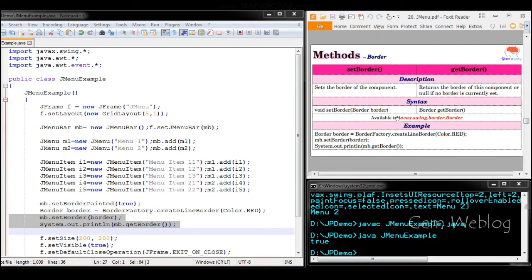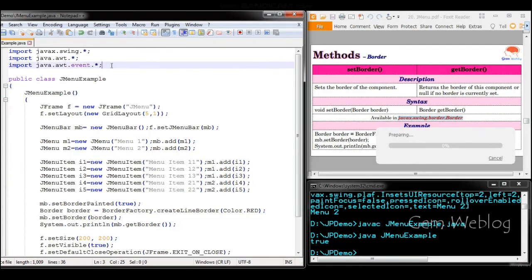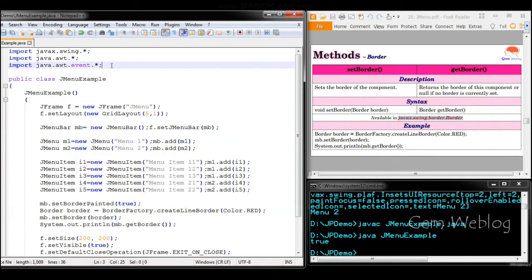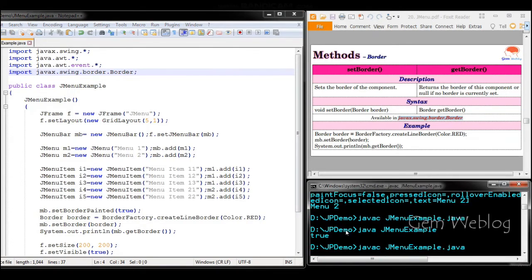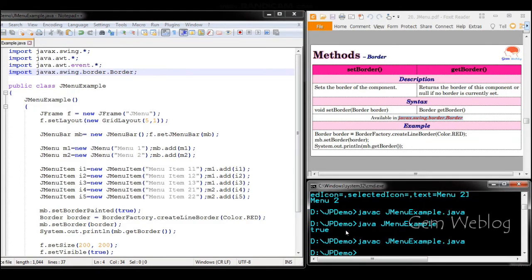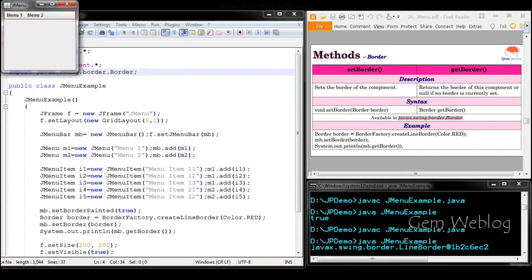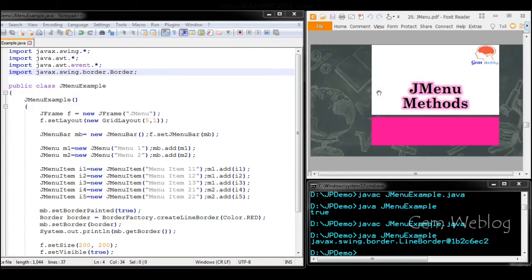Now whenever you are using this Border class, you have to include the package javax.swing.border. Import javax.swing.border. Now you could see the red border has been set around the menu bar.